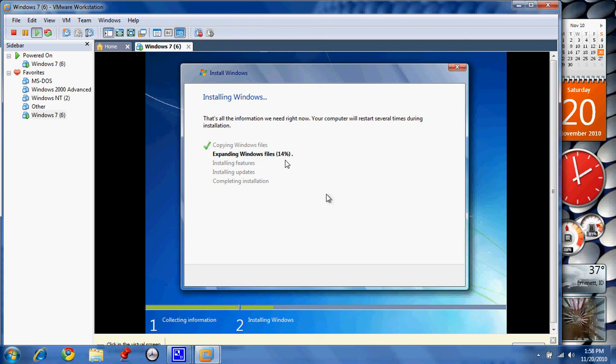Once you get through the expanding Windows files, then installing features and installing updates don't seem to take too long. The updates could be a little more lengthy if you don't have Windows 7 newer versions. Make sure that you have the updates, but there's always going to be more updates available. So you definitely want to make sure you have plenty of time for your install to take place. Completing the install also takes some time